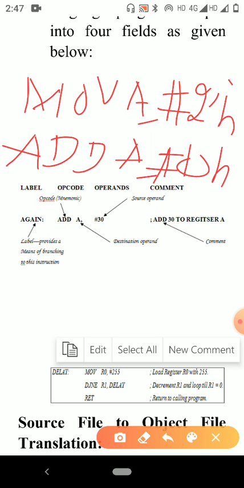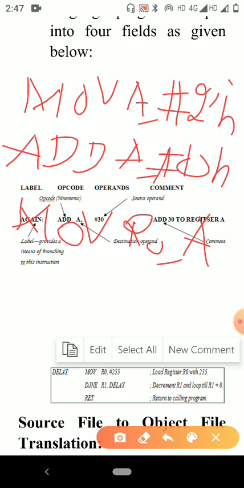This instruction adds the content of A with 10H, and we have to store the result in the R0 register, right? So MOV R0, A. After execution of the previous instruction, the result is stored in the A register, so I am moving this result into the R0 register.